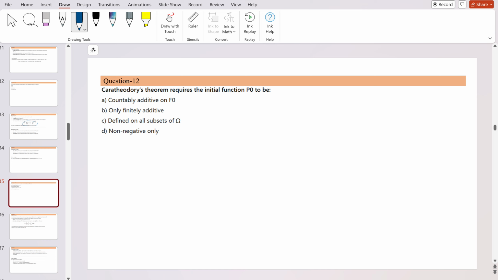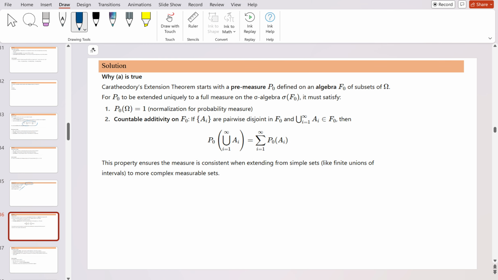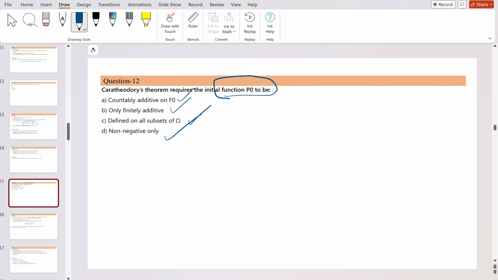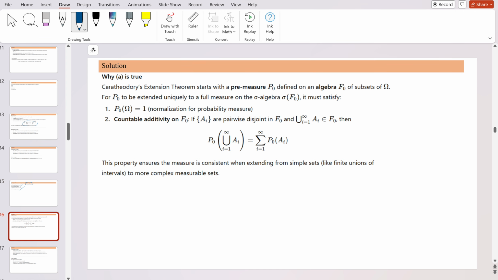Okay, let me explain that. Carathéodory's theorem requires the initial function P naught to be countably additive on F naught, not only finitely additive, defined on all subsets of Omega. So the correct answer is option A: countably additive on F naught. The theorem starts with a pre-measure P naught, which is defined on an algebra F naught of subsets of Omega. For P naught to be extended uniquely to a full measure on the sigma algebra,